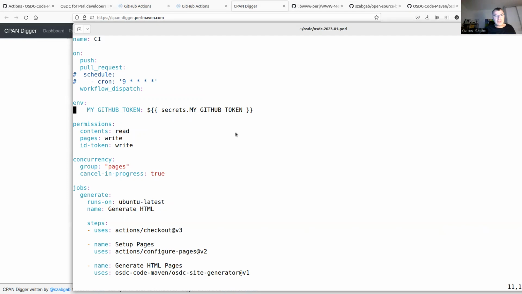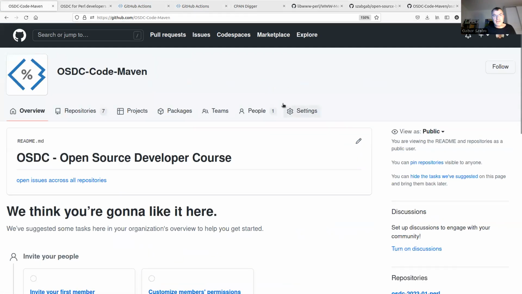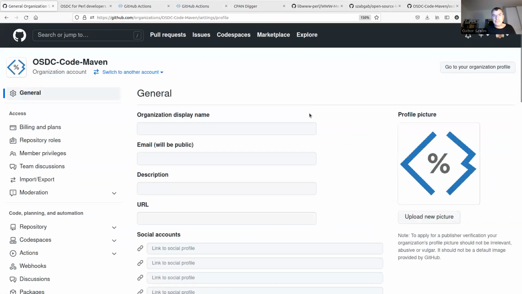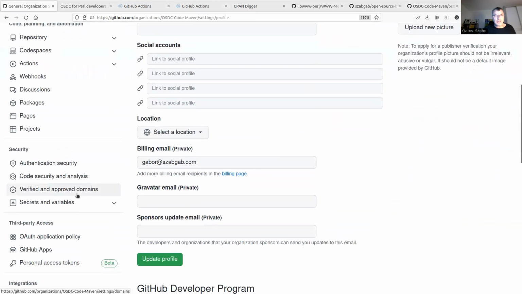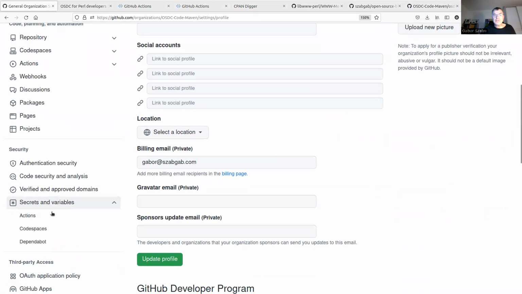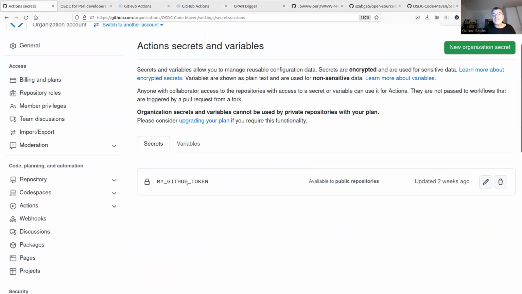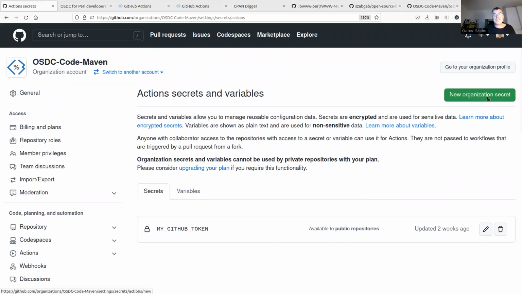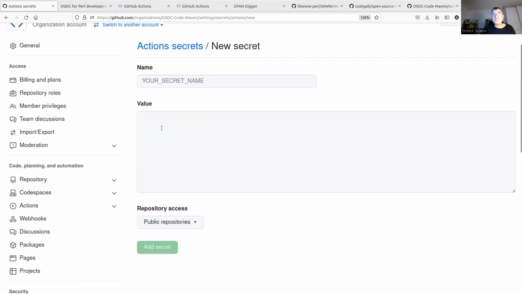So GitHub, let's go here, allows me, in this case I did it on an organization level, to go to the settings, and in the settings I can say secrets and variables for actions. And I add it here. This is my GitHub token, right? So I can add a new organization secret. I click here, I type in some name, I put the secret here,